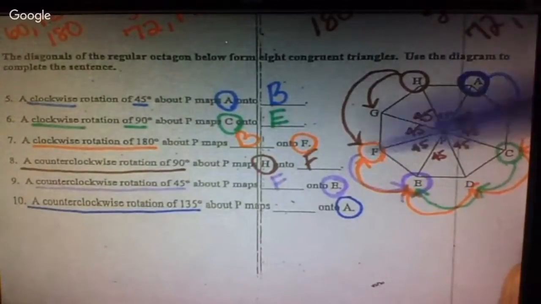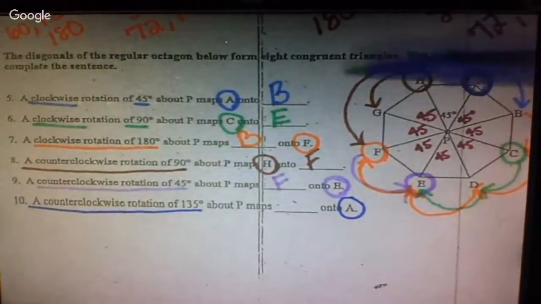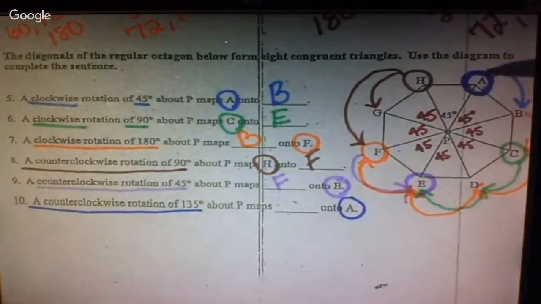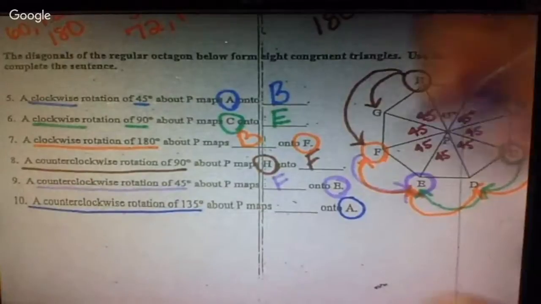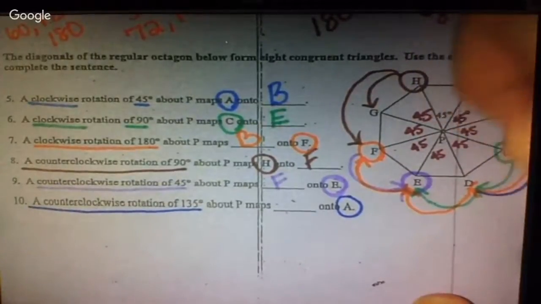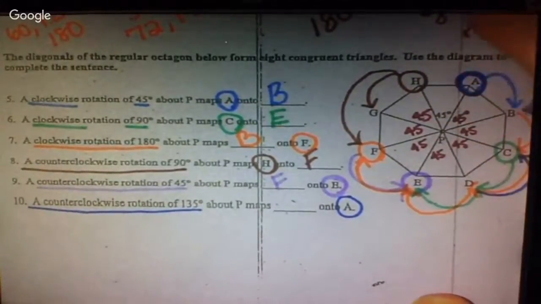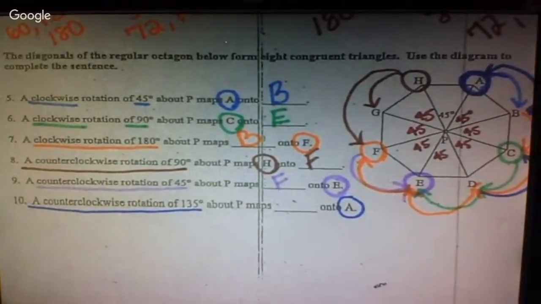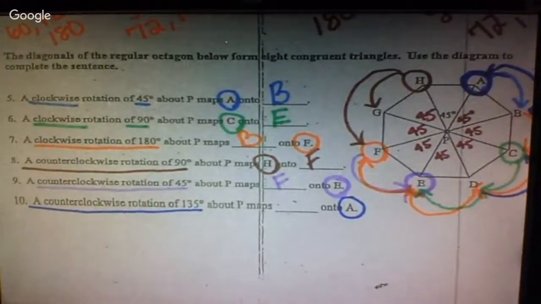Okay. F, hold on. F would be 135 clockwise. So it's going to be D. We want to go counterclockwise. If I start at